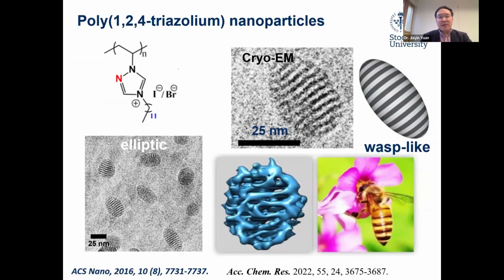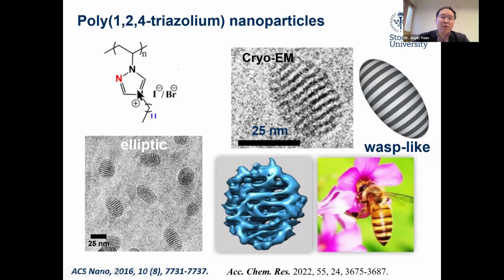The centric multilaminar nanoparticles and also the unilaminar vesicle structures are not all I want to cover today. The structure evolves further. What we did next is use a different ionic liquid monomer. We simply replace one carbon in the imidazolium cation by another nitrogen. This is the so-called triazolium cation. This simple change of one atom in the entire monomer